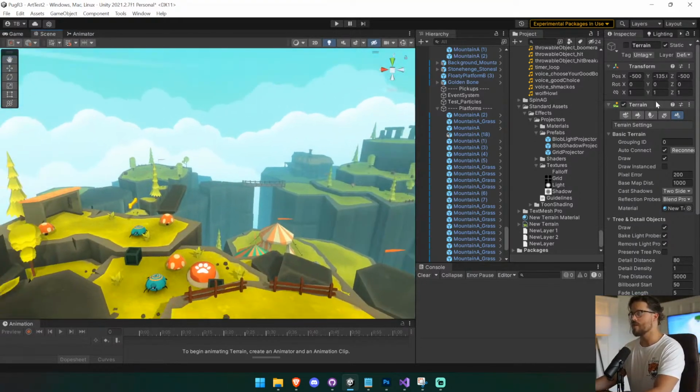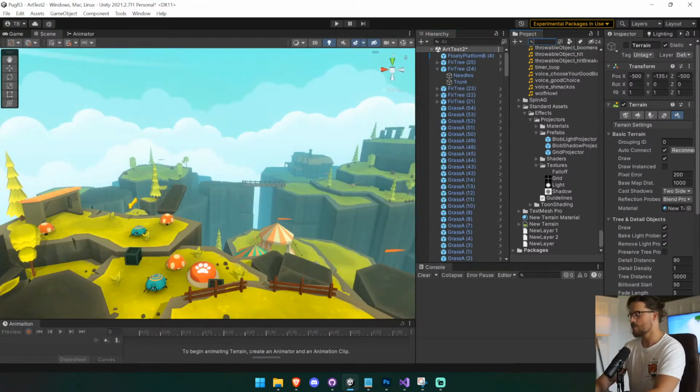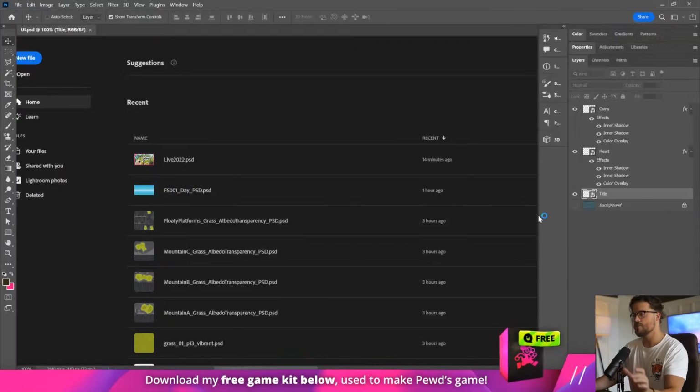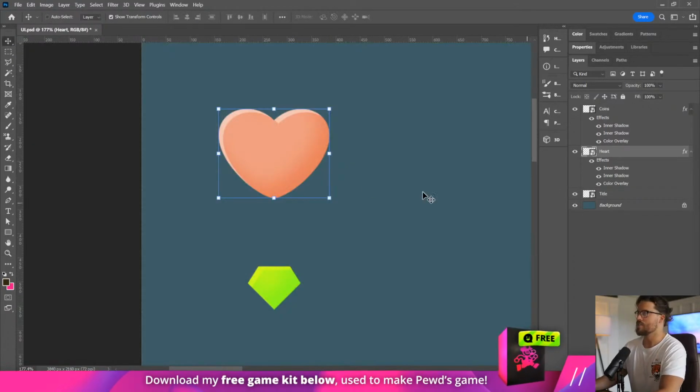So what I want to do is, first, let's just go to the heart, and let's make it more vibrant, okay? So we're going to go inside of Photoshop here. Let's open up our UI. This is just a PSD file, and this has all of our UI elements, or at least the majority of them, inside of